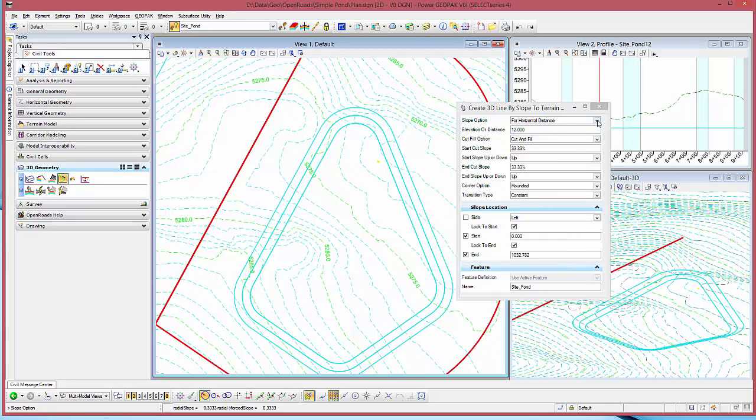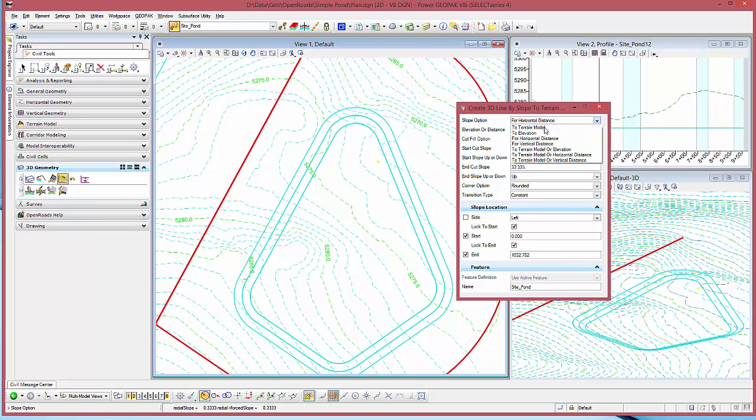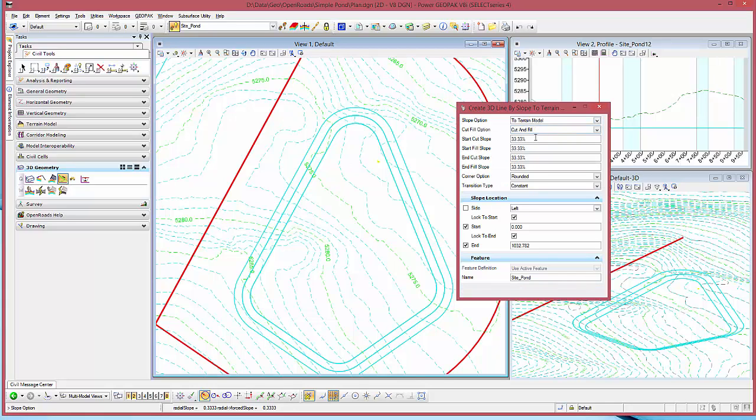I could go to a terrain model. So if I want to slope to a terrain model, I can say for cut and fill 3:1 on both the cut and the fill. I could have varying slopes. The cut slope starts at 3:1 and maybe finishes at 2:1. Maybe I want to change my exterior slopes to 4:1. I can do that